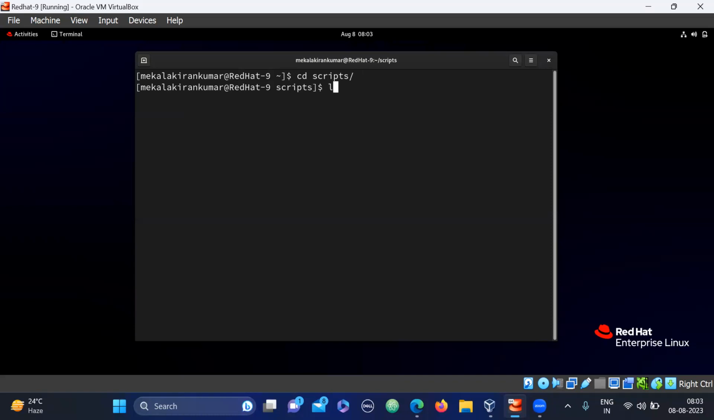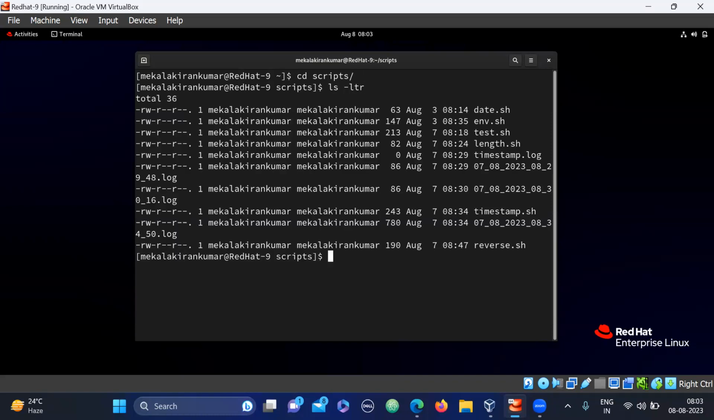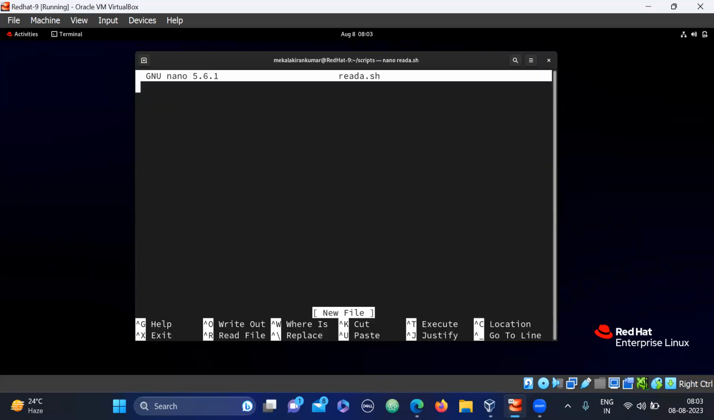ls -ldr, we have these many files. I will create a file with nano read a.sh. Enter. Now I'm going to create a script: #!/bin/bash. Come down here. Now simply, I'm giving echo